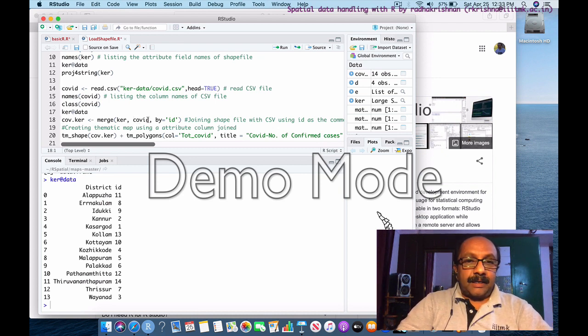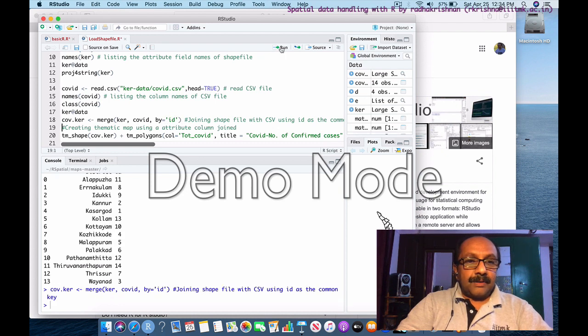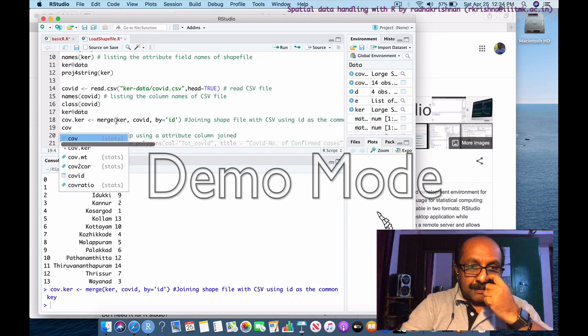That is the COVID data. And what is the common key, which value you are taking as a common key? So you give an option called by equals, within single quotes, ID. Let us execute this. So that is also successfully completed. Now we will see the data.